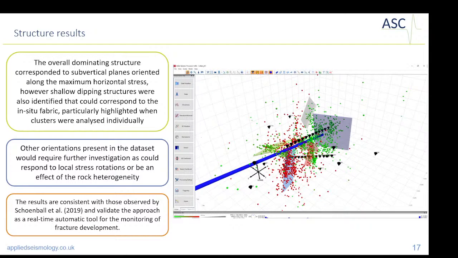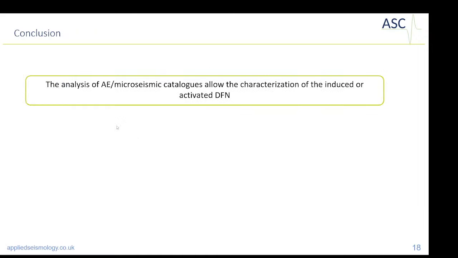And what's encouraging is that this automated process matches well with the published observations from Schoenball et al. in 2009, direct observations of fracturing in this test. This validates the approach as a tool for observation in real time of the nature and geometry of our fracture network. So, conclusion,